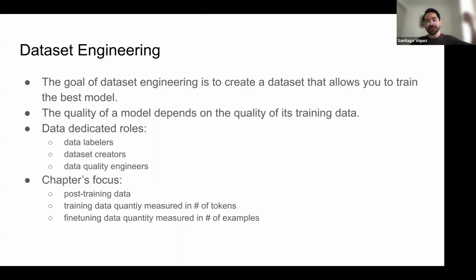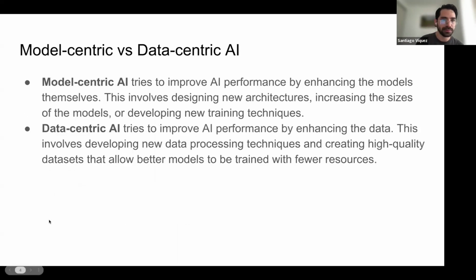That's the data you use, long sequences, mainly to train your model in a self-supervised fashion. The data that we'll discuss here is for supervised learning, right? You have examples, inputs and outputs. Usually pre-training data is measured in number of tokens, and fine-tuning data is measured in number of examples.